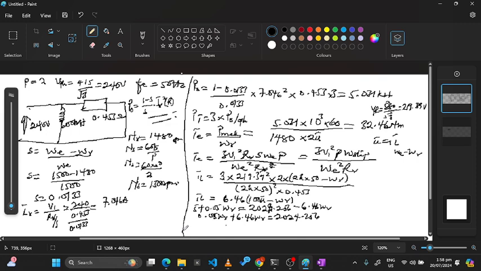Then if you make omega R the subject, you get omega R to be equal to